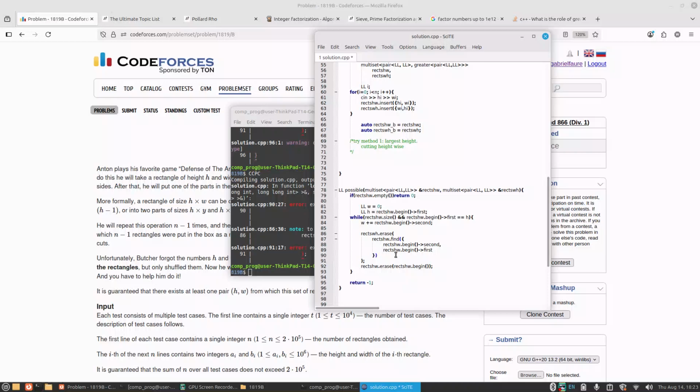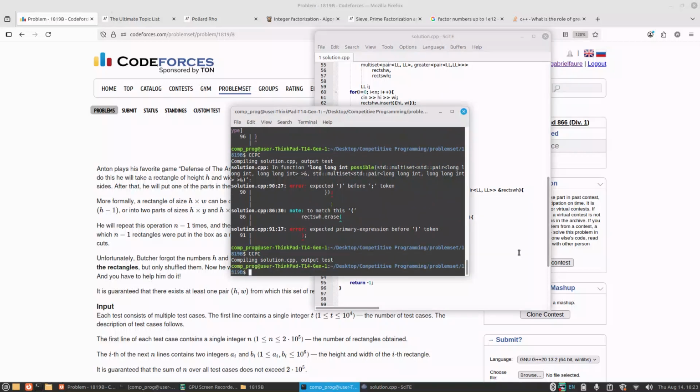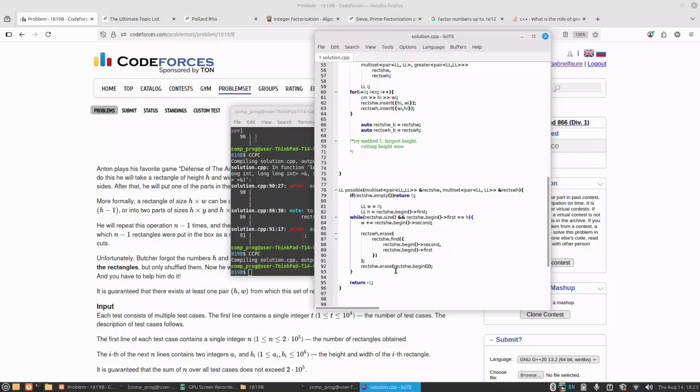Oh yeah, percent cone. Hopefully this works, and then